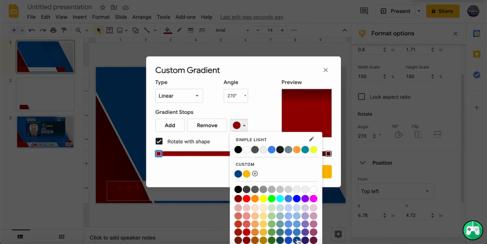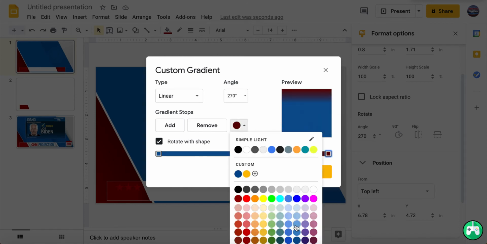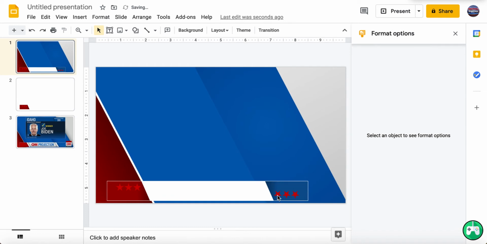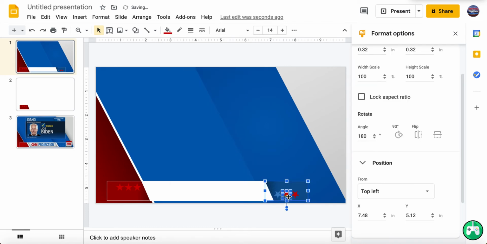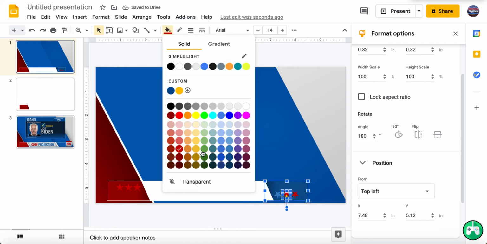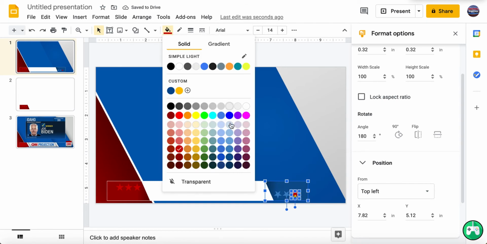Okay. Now what we're going to go do is we're going to go back here. We're going to bring that right there, that right there, and then that one on the very far one to the bottom of the blue one. I don't actually know if I can get that without having to pause the recording. So now you can go over to these stars. We already know. Boom. Boom. No, not that color. That color. And then boom.